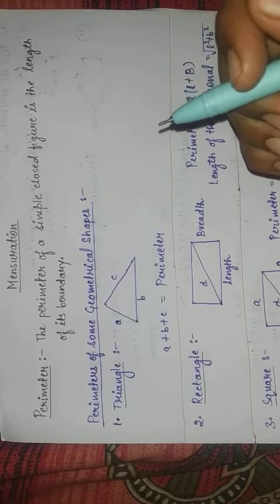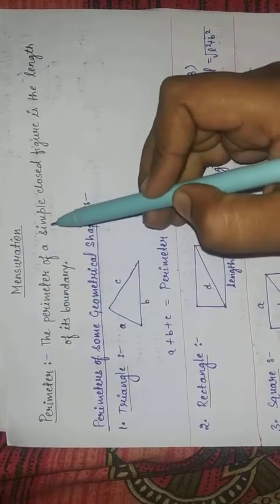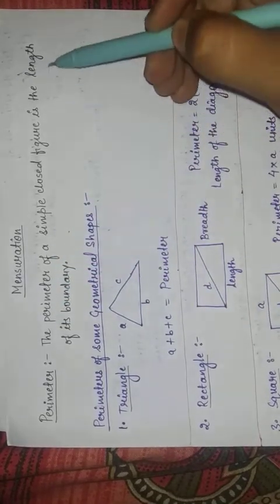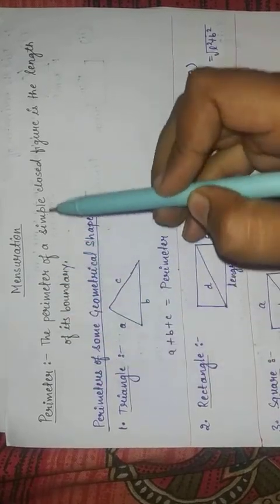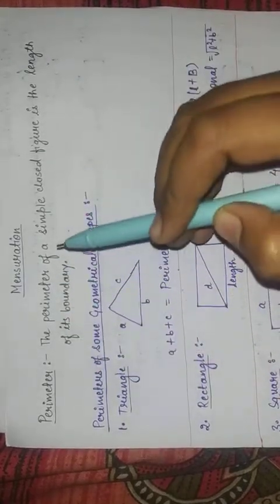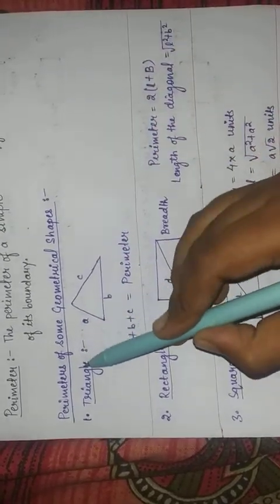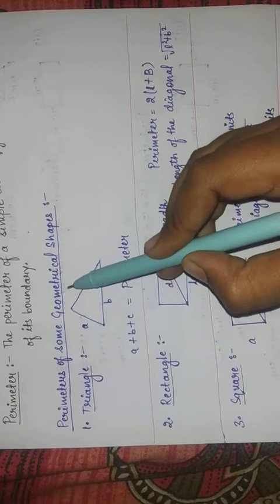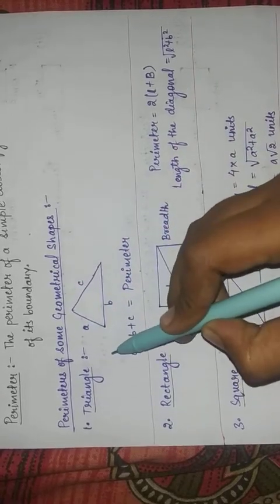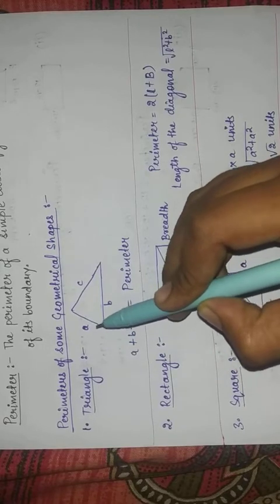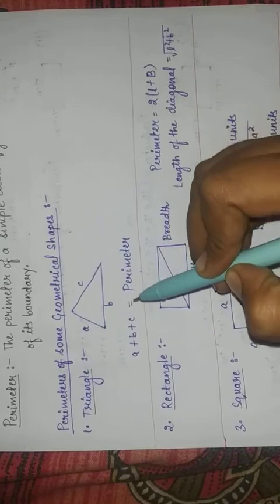So, in this chapter, the first topic is perimeter. The perimeter of a simple closed figure is the length of its boundary. Means the perimeter is the length of the boundary of any closed figure. Likewise, the perimeter of some geometrical shapes like triangle. What is the perimeter of the triangle? The perimeter of the triangle is the sum of the sides, like A plus B plus C is equal to